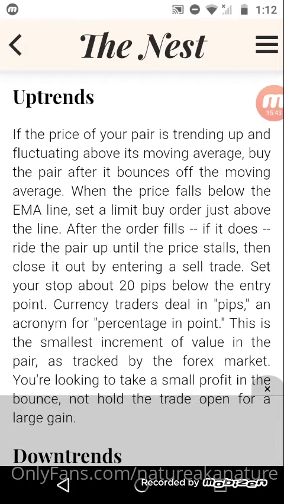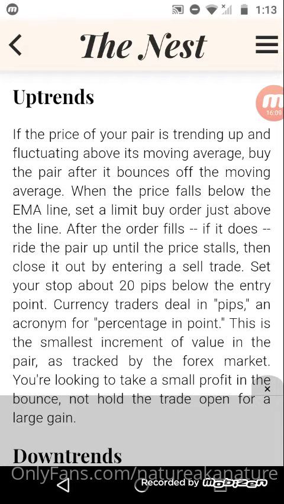This is a good way to find sniper entries. You want to set a buy order just above that line. What I mean by a buy order is that price will go down and then price will go back up. A buy order is more for our advanced sessions, but I'm going to go over this again. A limit buy order is